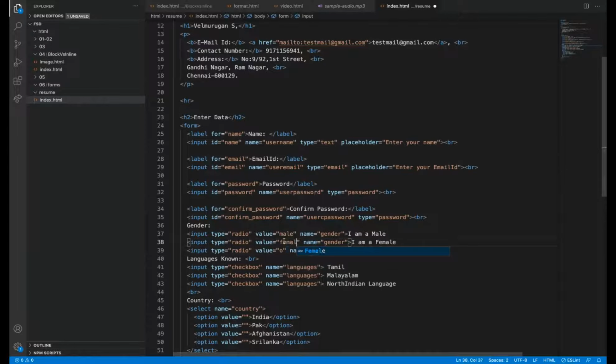Because this is our application, we know what input we are giving. The backend developer knows what value we'll give, they'll take it. So how will it go? Gender equal to; it won't go as I am a male, I am a female. Only this value will be passed to the backend. Same for checkbox too.